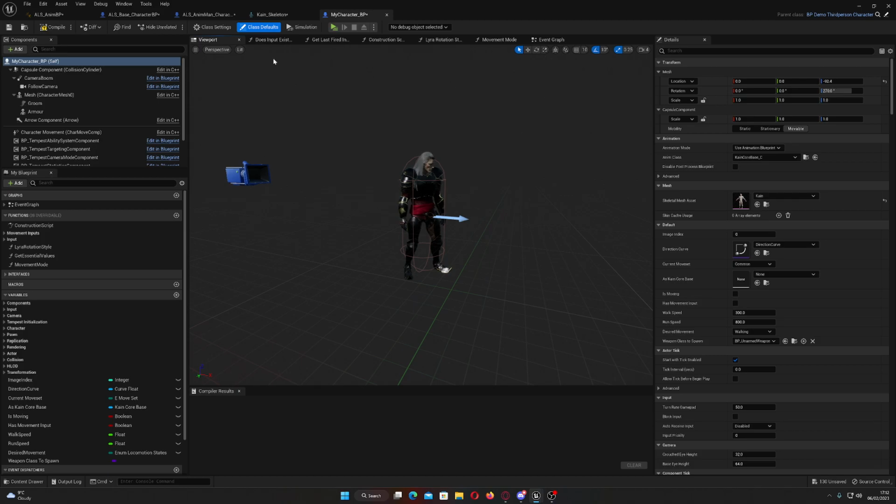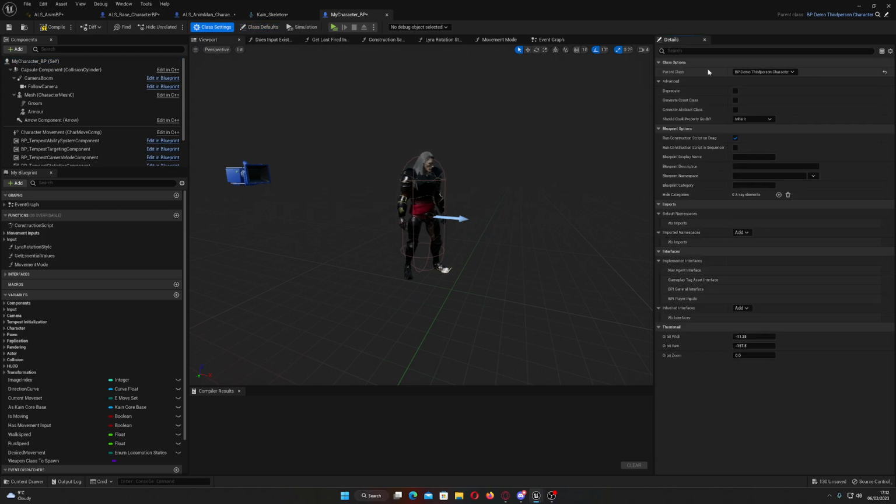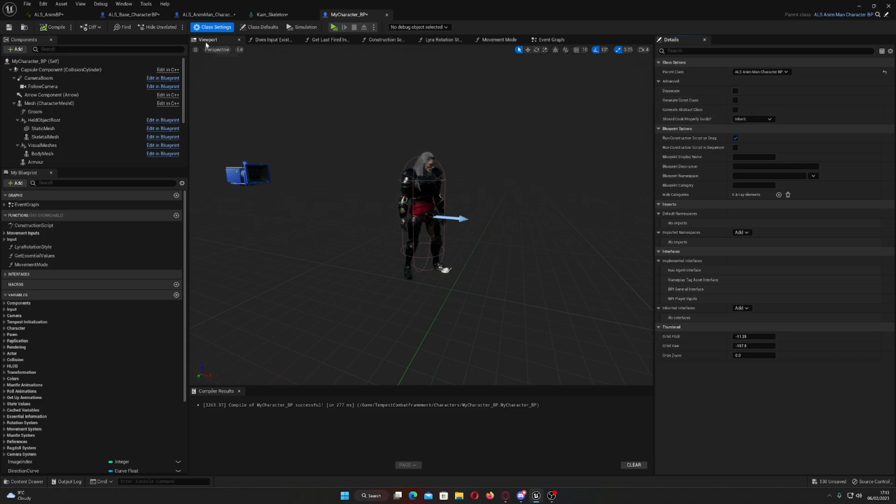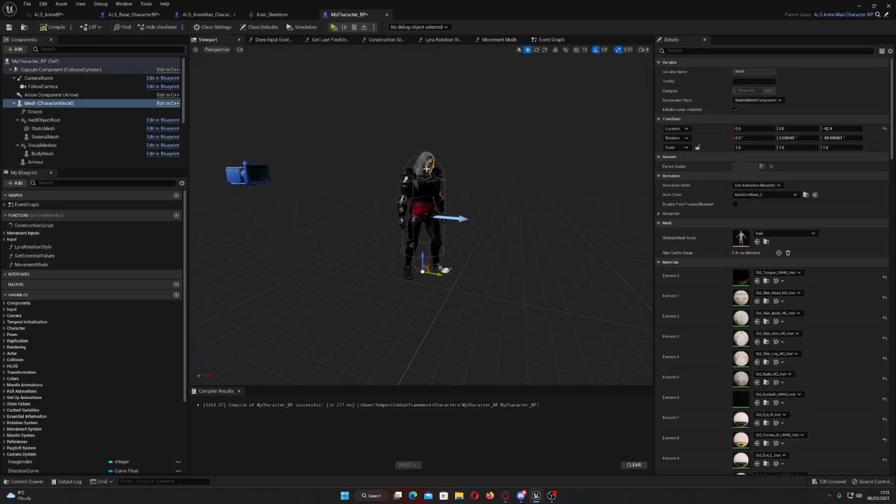We will now see if we reparent this. You see, at the minute the parent of this is the Tempest combat system. But if we change that now to the anim man, this is now a child of the anim man blueprint. It's a child of the base blueprint, which is also now a child of the Tempest blueprint. So it's formed a chain now where